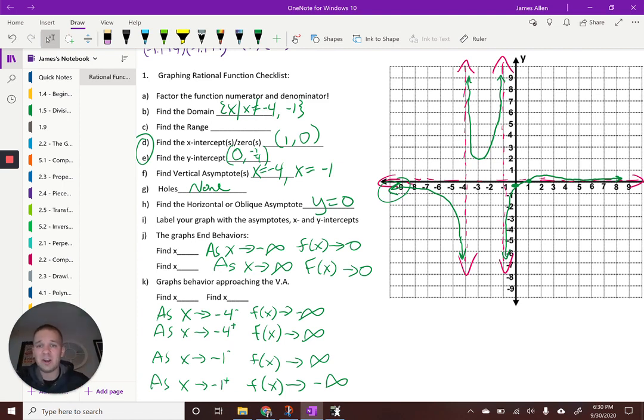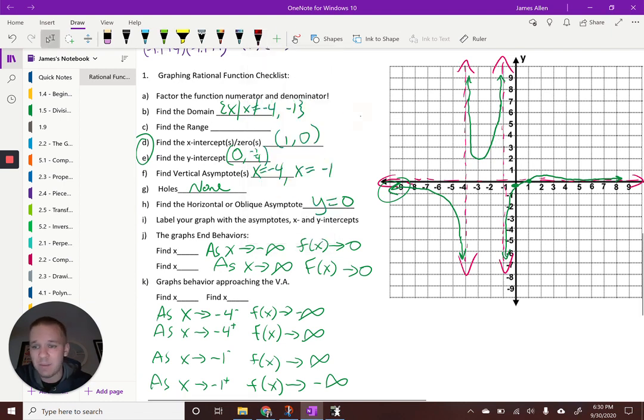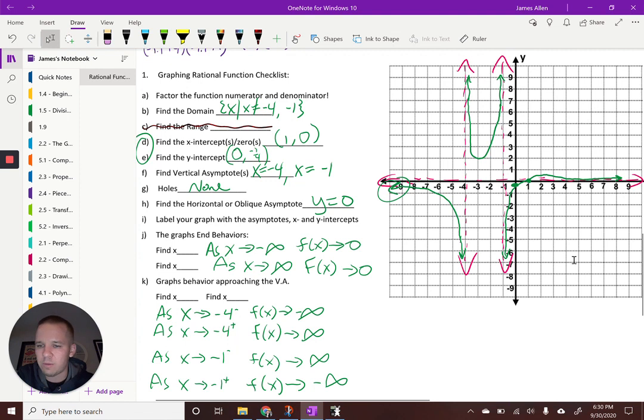A lot of information. And you know what? I just realized we forgot one piece. So I'm going to do it in its own special color. What is our range? I forgot to say our range. Well, for this particular one, we'd actually need to find a minimum here. My goodness. That might be more than we want to do, but what the heck? Let's do it. Actually, you know what? We're not going to do the range on this one. I just decided. Freebie day for you guys. It would involve a bit more than I think we really want to get into right now. So we will leave it